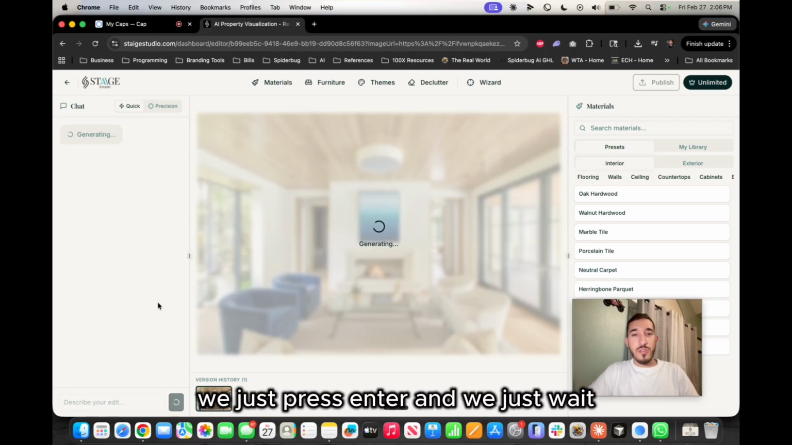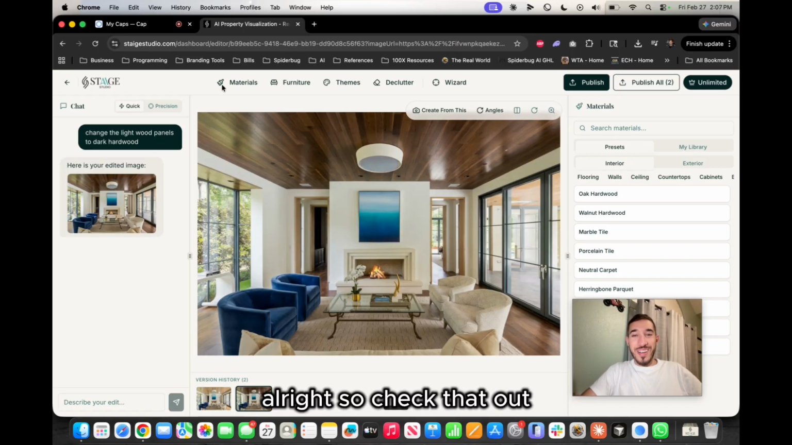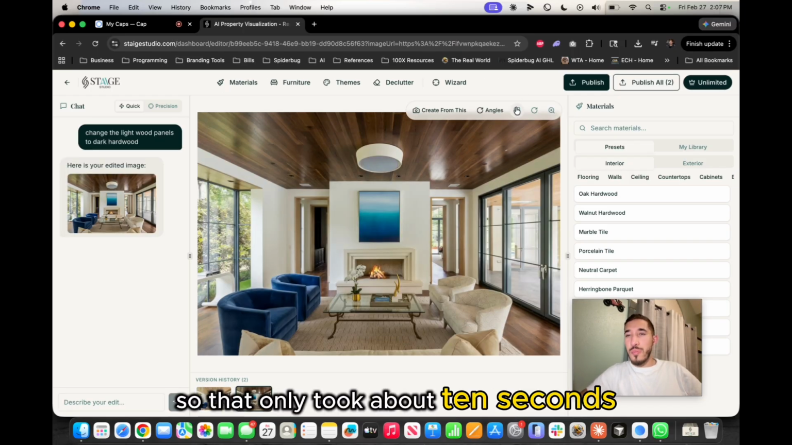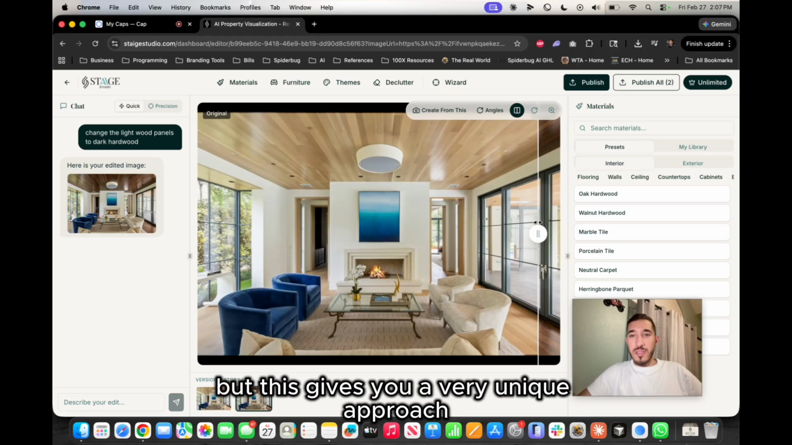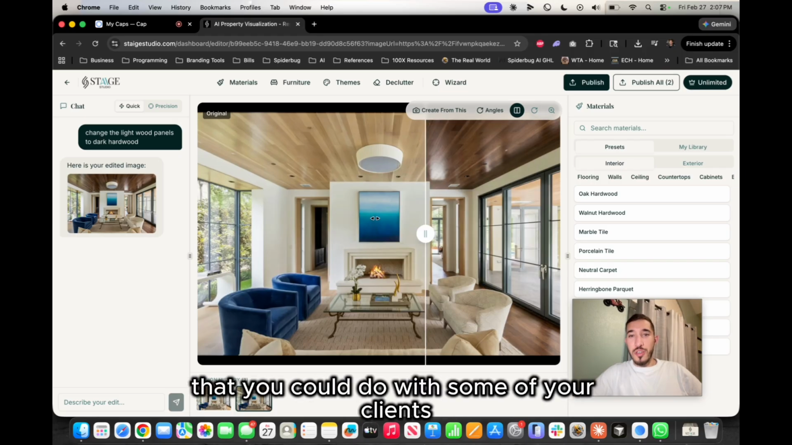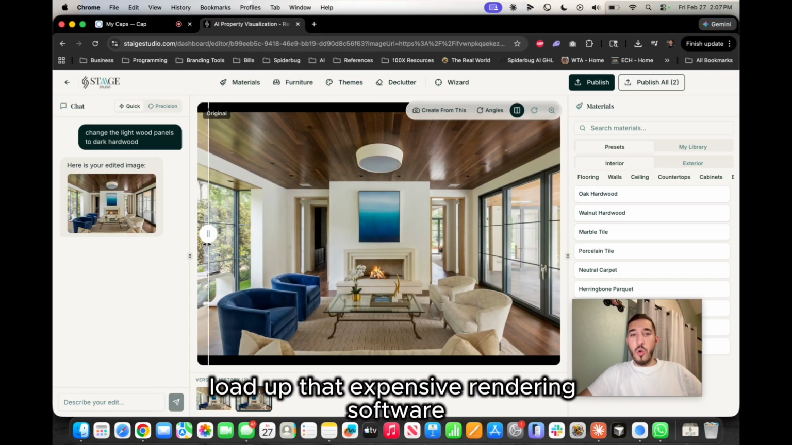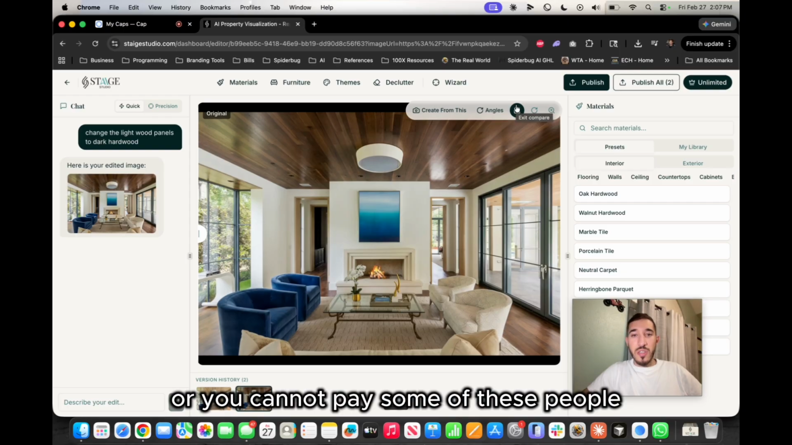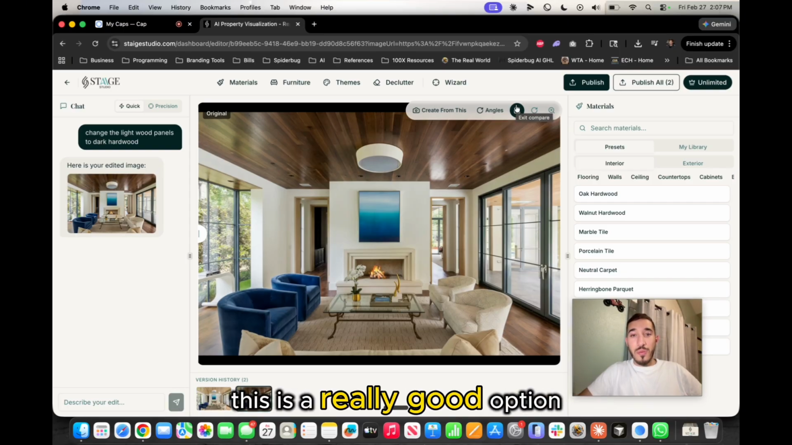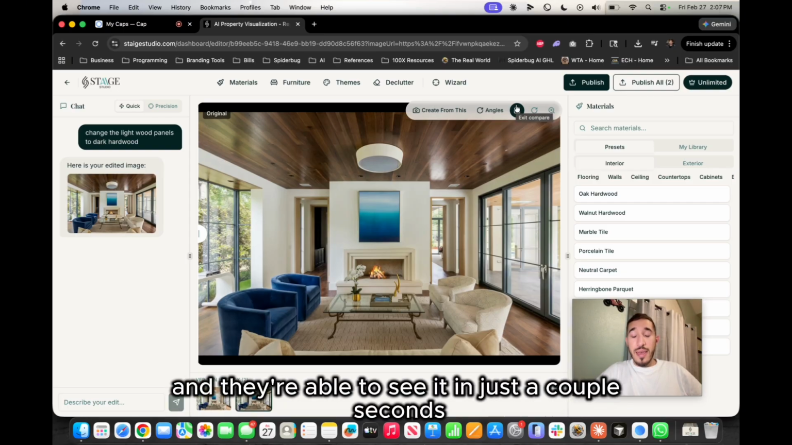We just press enter and we just wait. All right, so check that out. That only took about 10 seconds, but this gives you a very unique approach that you could do with some of your clients. So let's say they want to see other flavors inside the home and you don't want to load up that expensive rendering software, or you cannot pay some of these people. This is a really good option for you to use for your clients,